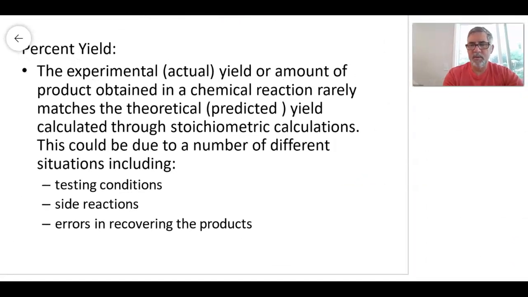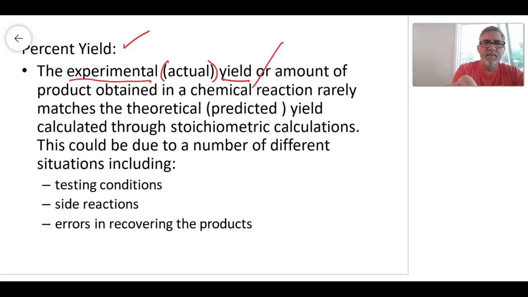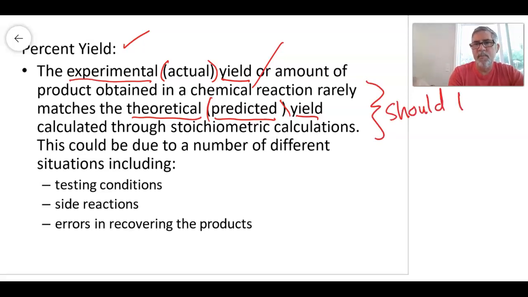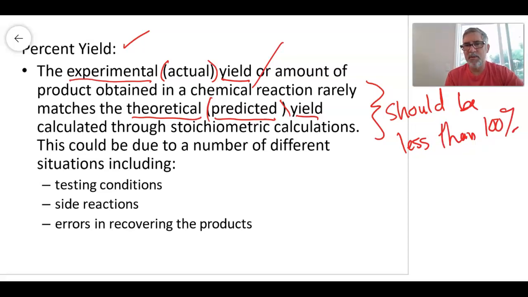All right, so percent yield. Percent yield is something we talk about in industry all the time. A percent yield is the experimental, sometimes called the actual yield, divided by the theoretical, or oftentimes called the predicted or calculated yield. When we do that, we get a decimal. Your percent yield should always be less than 100%. Nothing's 100% efficient,